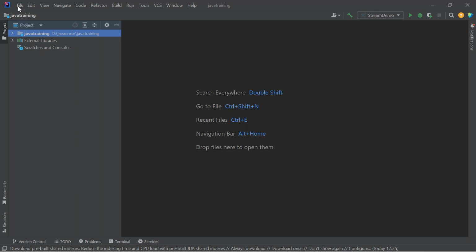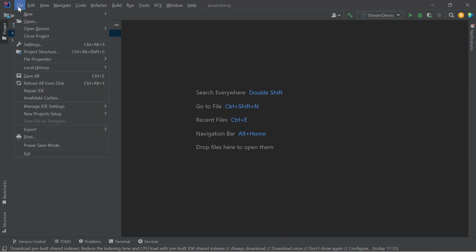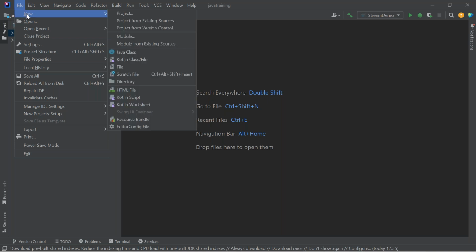First I will tell you how to start from scratch. On the topmost, you can see something called File. Under that, you have New. I am going to create a new project. Under this project only, I will be adding all my demos. Throughout this Java course, whatever I am teaching you, I'll be adding my contents and files into this project.